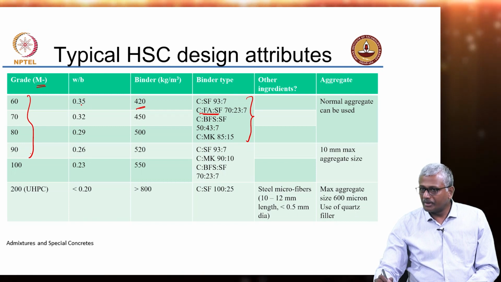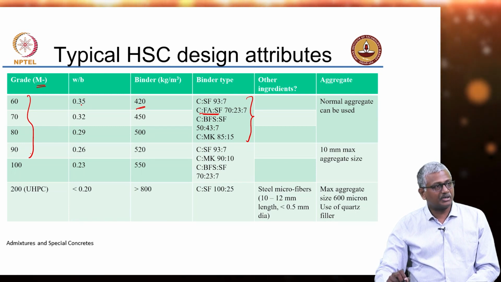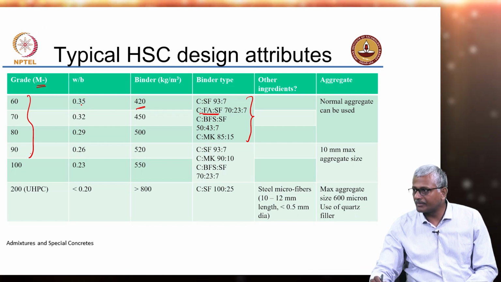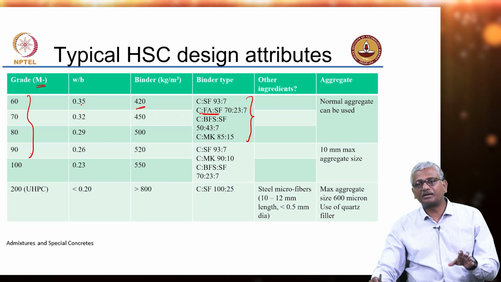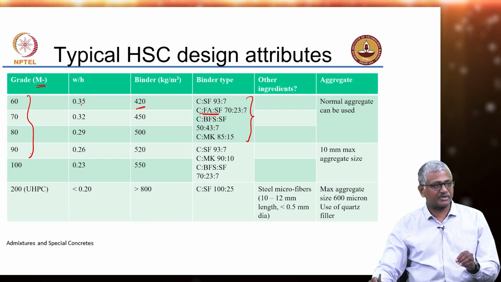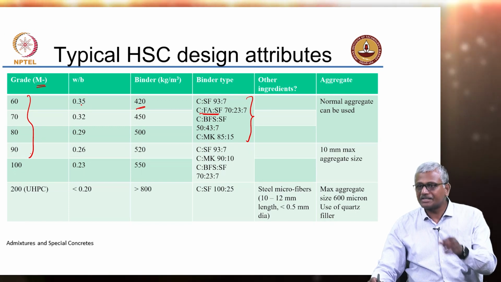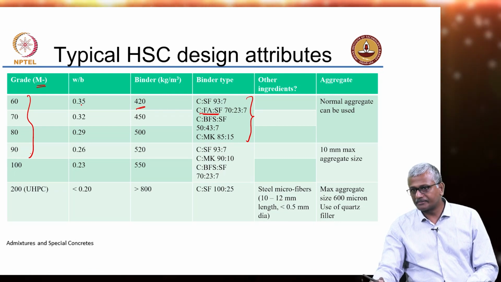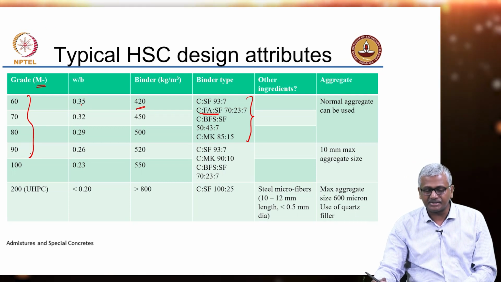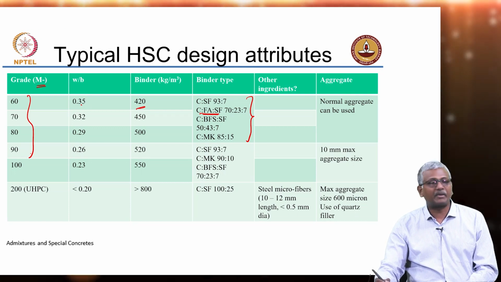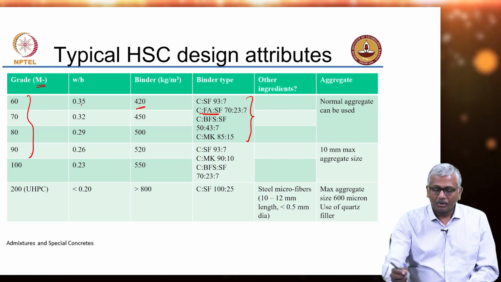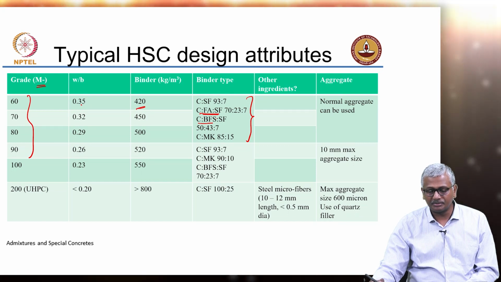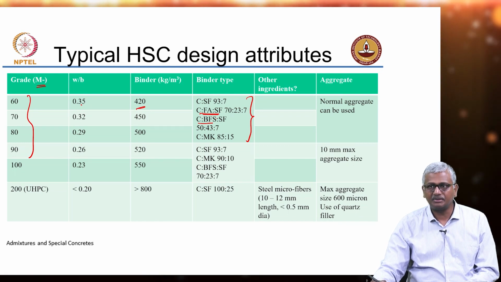Unless your job specifies that your strength attainment is at 56 days or 90 days or whatever it may be. For the most part, most engineering projects tend to specify strength at 28 days. So, that is one issue that can arise if you choose higher fly ash contents. That is why we have fly ash contents in the range of about 20 to 30% max being used. Or you can go with cement, slag and silica fume in a ternary combination, 50 to 43:7,